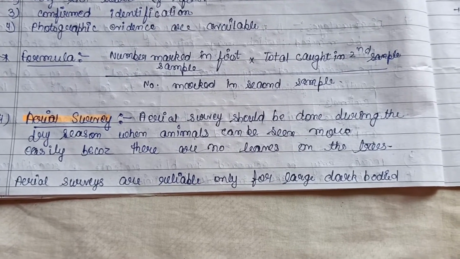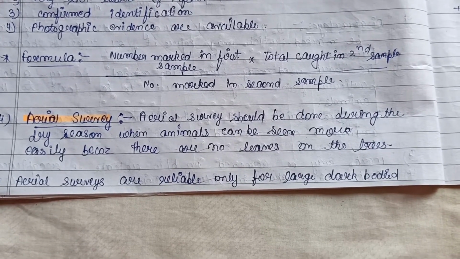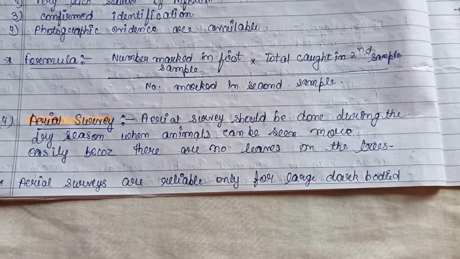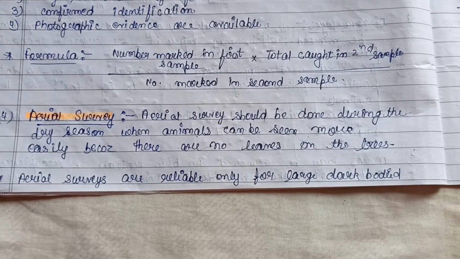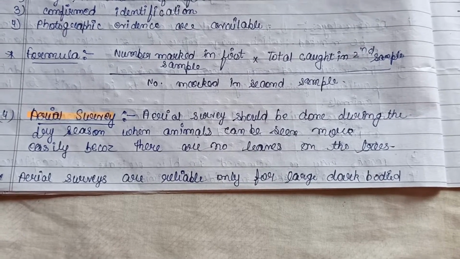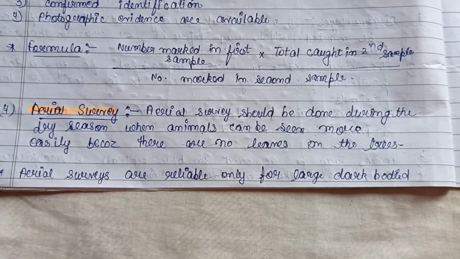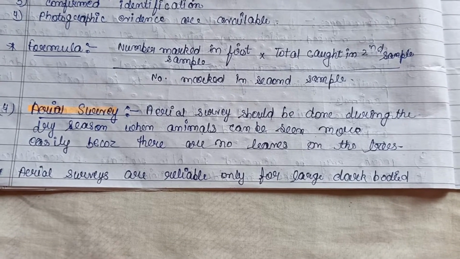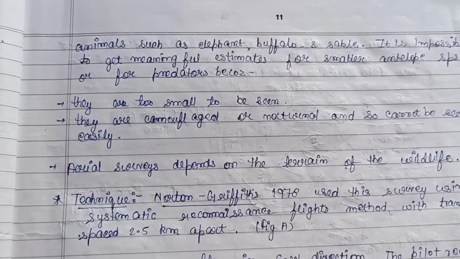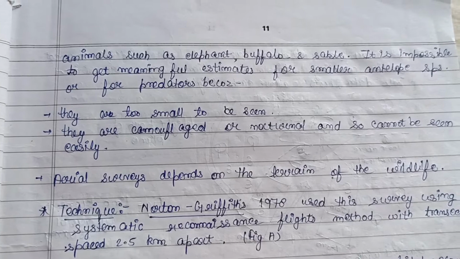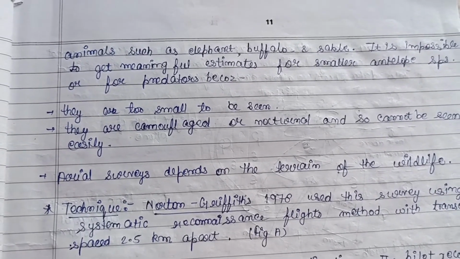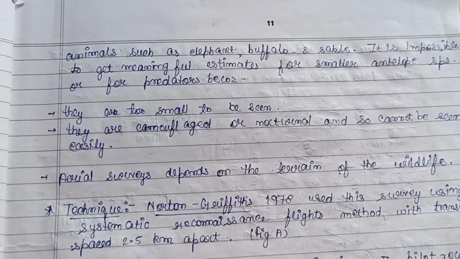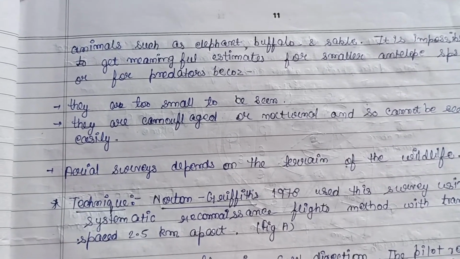So aerial survey should be done during the dry season only, that is when animals can be seen more easily because there are no leaves on the trees. Aerial surveys are reliable only for large and dark bodied animals such as elephant, buffalo, and sable. It is impossible to get meaningful estimates for the smaller antelope species or for the predator species because